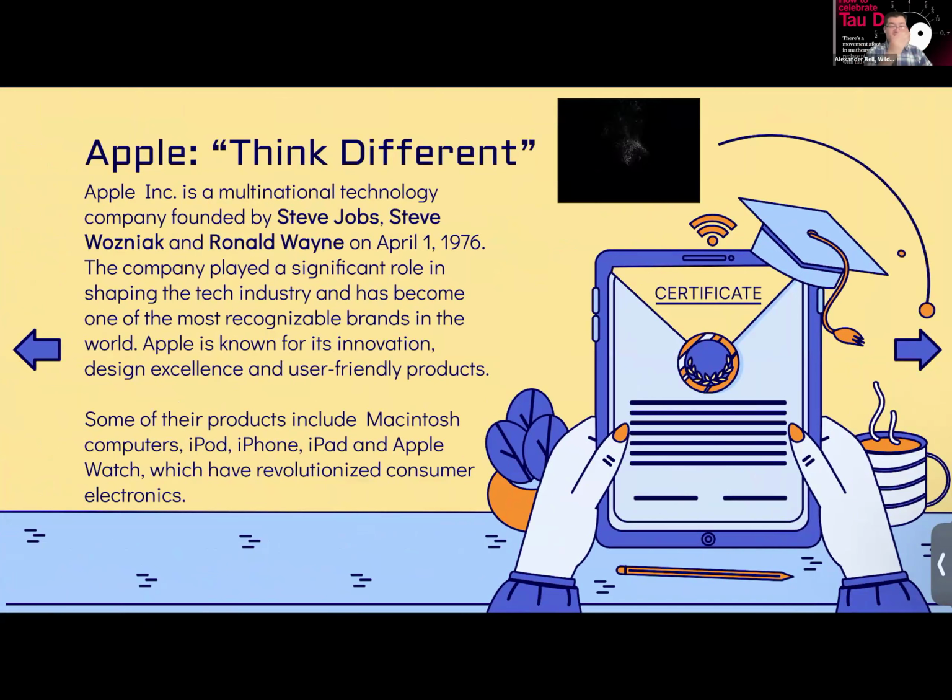The company played a significant role in shaping the tech industry and has become one of the most recognizable brands in the world. Apple is known for its innovation, design excellence, and user-friendly products. Some of their products include Macintosh computers, the iPod, iPhone, iPad, and Apple Watch, which have revolutionized consumer electronics.